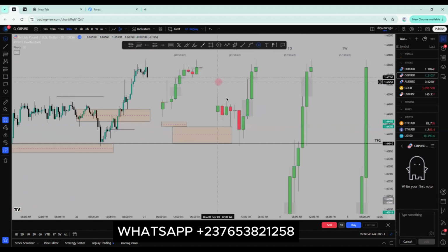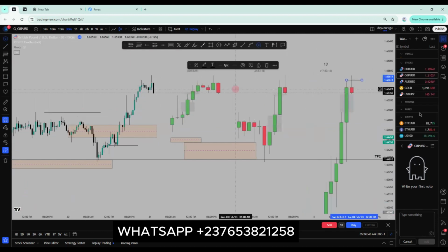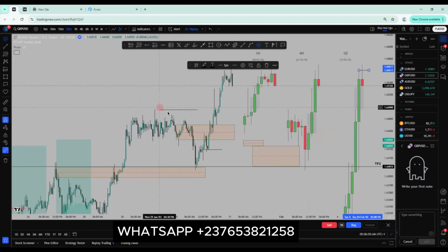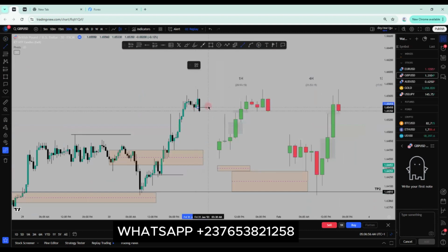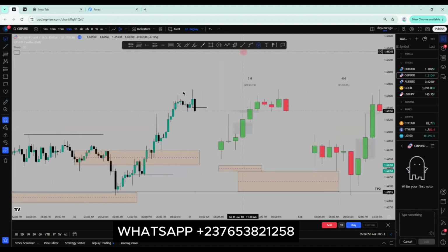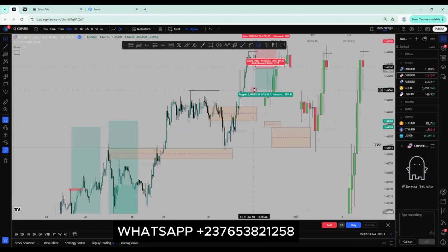Now, look at something here. Something has happened. The next candle has opened, taken the previous daily high on a key level, after we've had this serious manipulation to the upside. If you also look here in the 30 minutes, we have this manipulation candle, which took out this high, and you can see how price closed below it. For me personally, I'll be on a short from a candle like this. The 1 hour is also giving us that area, and the 4 hour is giving us a CRT as well. So for me, I'll be short on that low, targeting